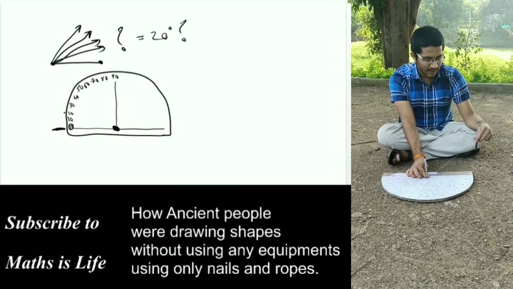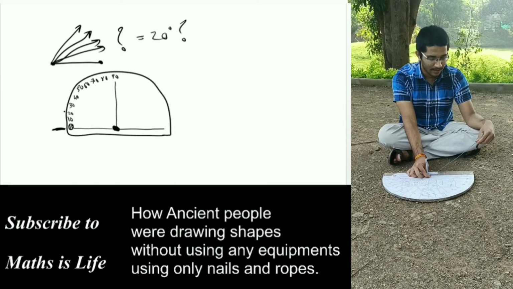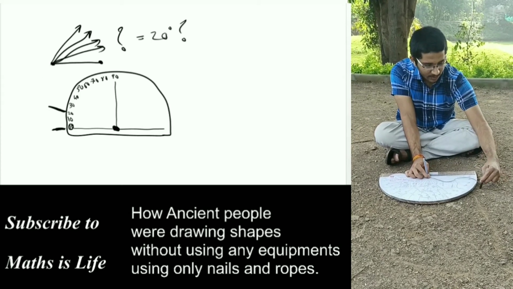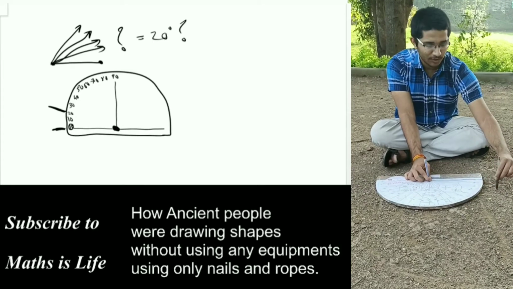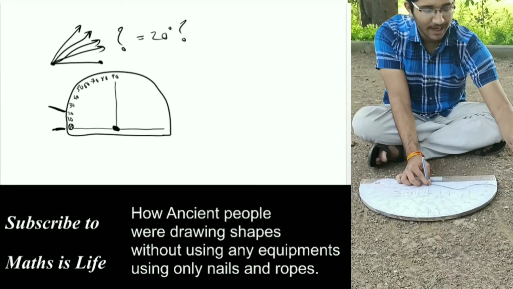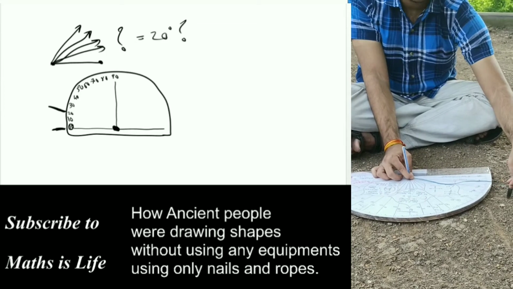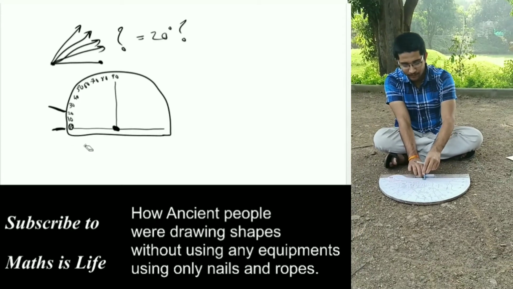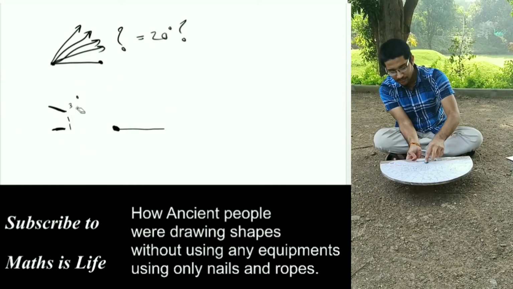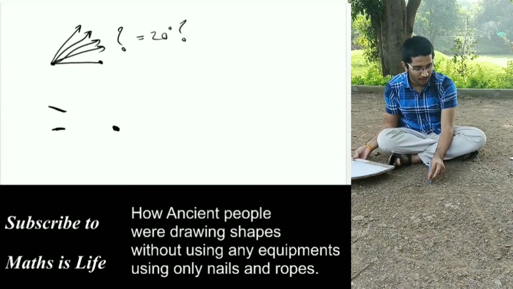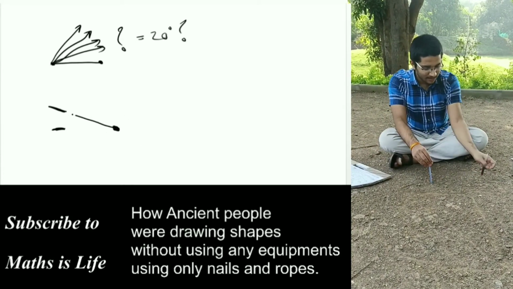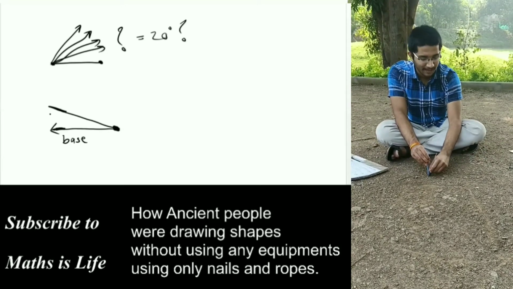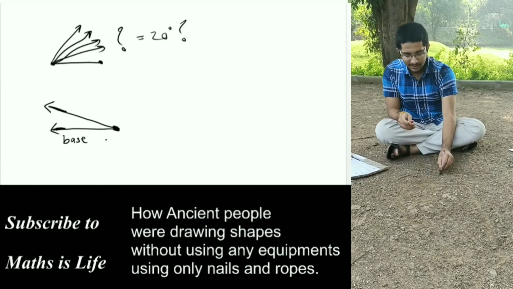Then we have to draw a 20-degree angle. So we will measure here, this is 20 degrees. So we will make a mark here, this is a 20-degree mark. Actually we should fix the point here and then do this, but I don't have 3 hands, so I cannot do this here. So if we lift, we have to make a perfect mark here as well. So I am just lifting this like this, so that this mark will not spoil. Now we will connect these 3 points together in this way. So this is the base line or base ray, and this is the second line, and this is the 20-degree angle.